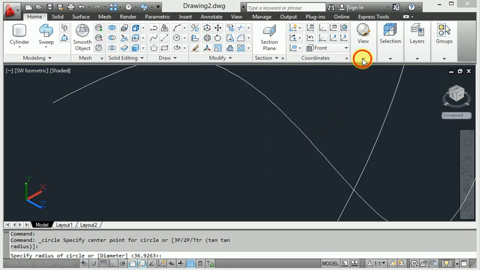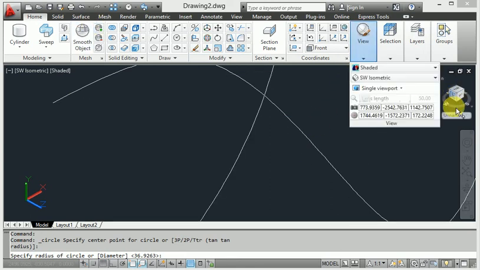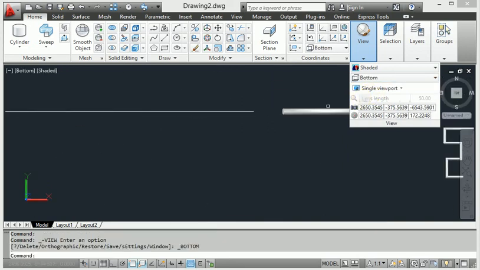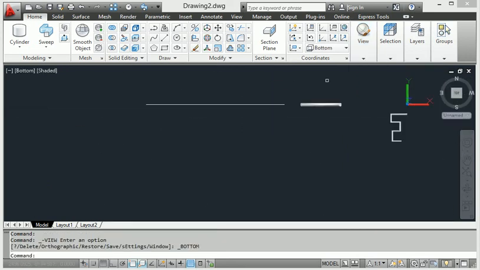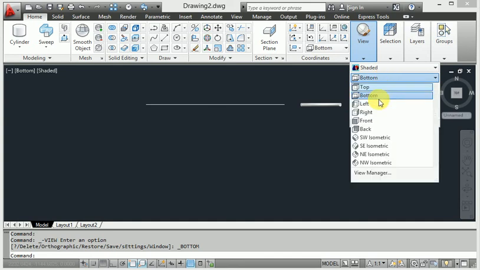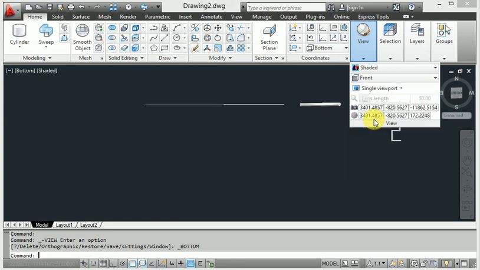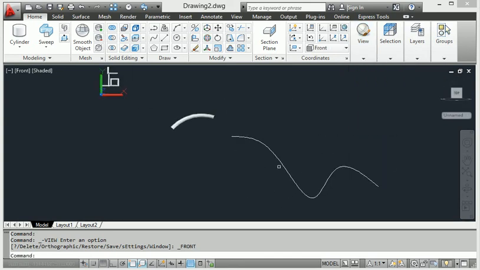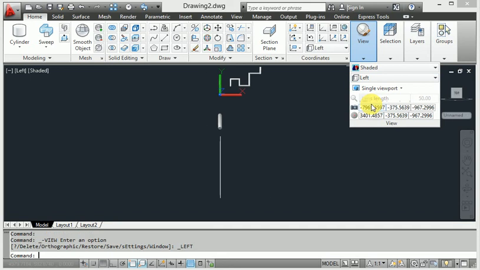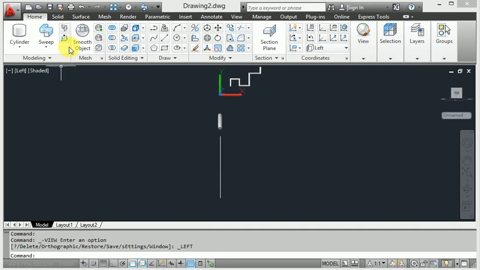Here we can see the views: top, bottom, right, left, front. Look at this front view, and I want to get the right view. So I make the circle here.